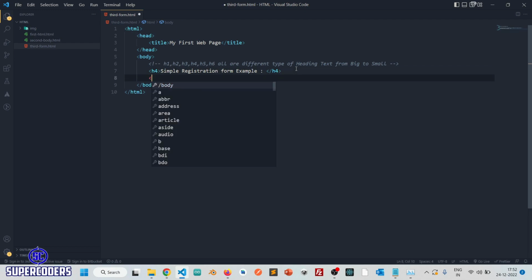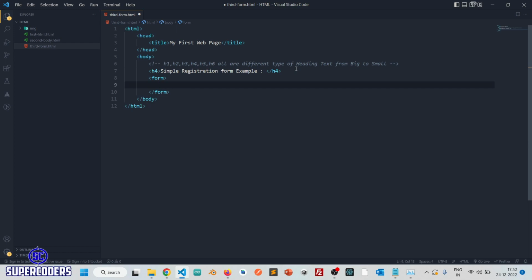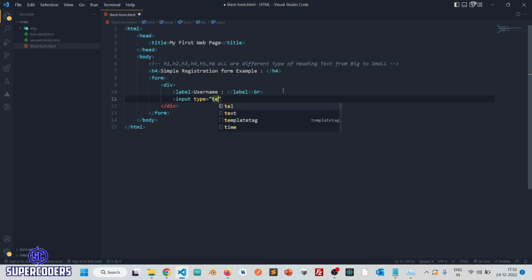After that, let's add form tag. So first you need to add form tag by working with form. Now let's add some labels and inputs. So first I'm adding a div for a container, then adding a label, adding BR so it will show in a new line, giving username, then giving the input tag type equal to text,